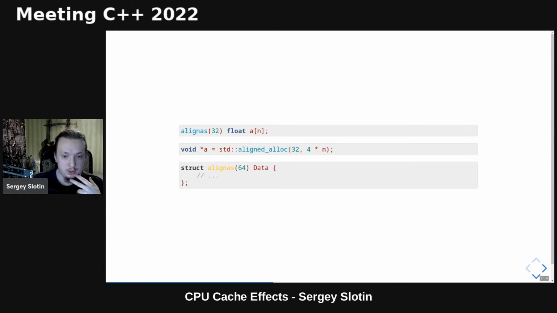You can also use the alignas specifier when defining a structure. Here, whenever an instance of data is allocated, it will be at the beginning of a cache line. So say if it is smaller than 64, when you request any of its fields, you fetch the entire cache line and the entire structure too. The downside is that the effective size of the structure will be rounded up to the nearest multiple of 64. This has to be done so that, for example, when allocating an array of these data objects, not just the first element is properly aligned, but all of them. So some holes will be inserted in the memory layout.